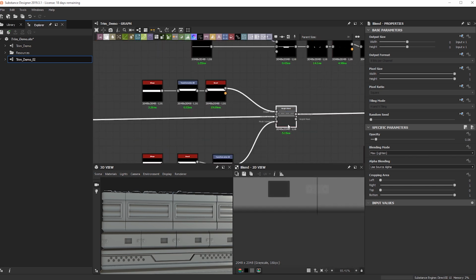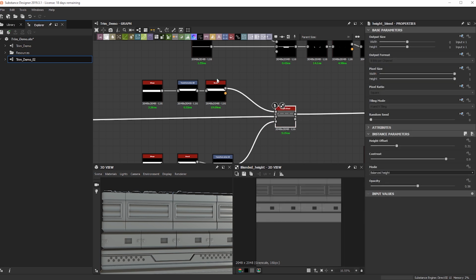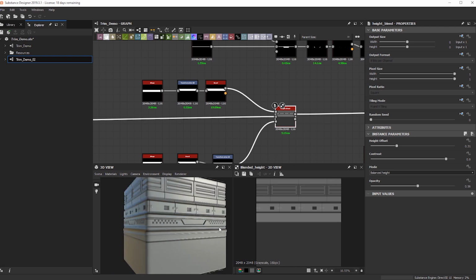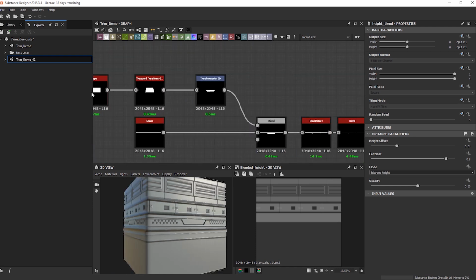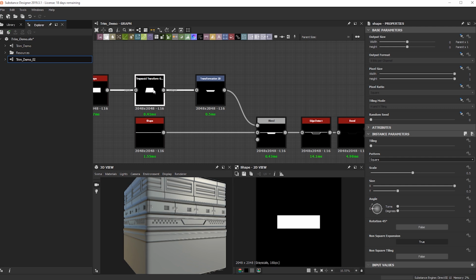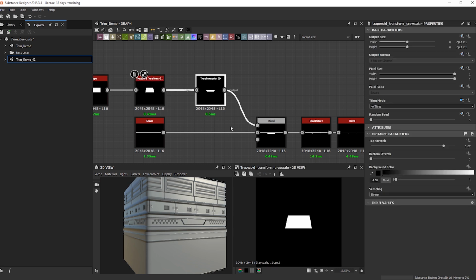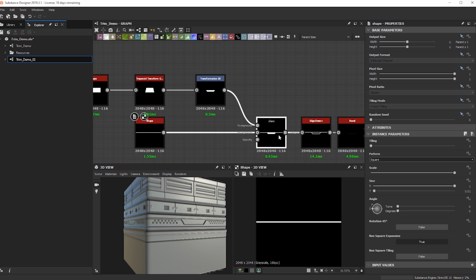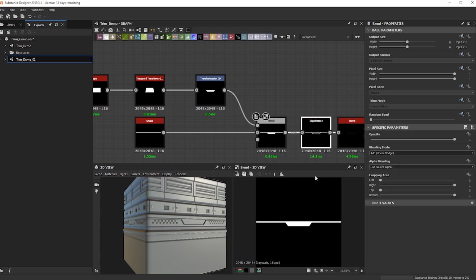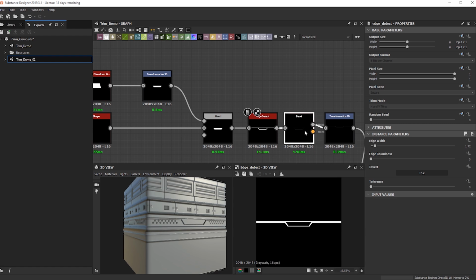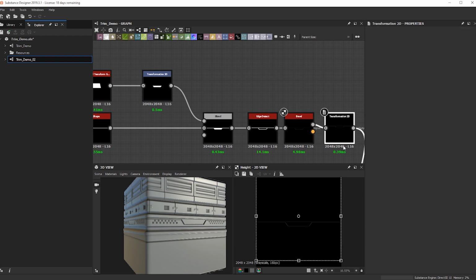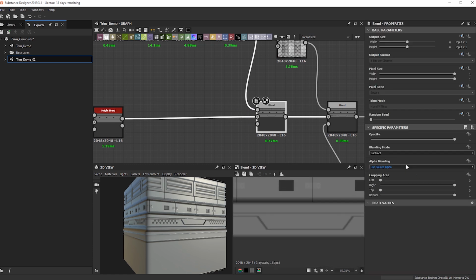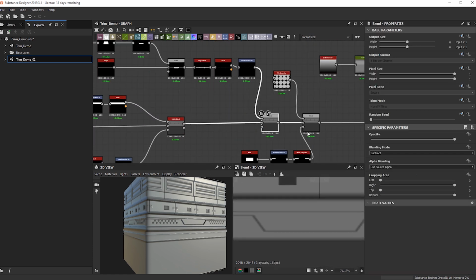I went ahead and added this guy on here, so just a simple kind of panel. And then I went ahead and did a shape to a trapezoid. Then I flipped it. I added another shape that created a thin line. I blended the two, did an edge detect, then a bevel. Then I used a transform to place it in position to where that panel was, and I just set it on subtract, so we got a nice subtraction here.